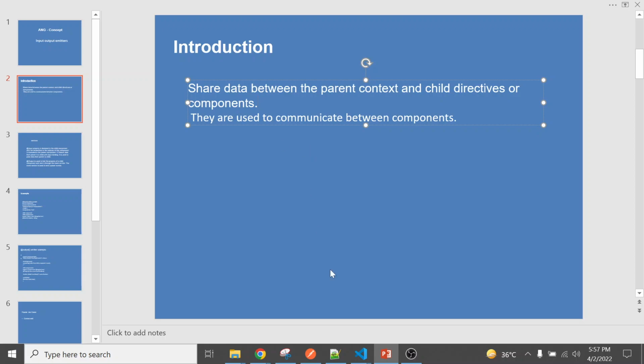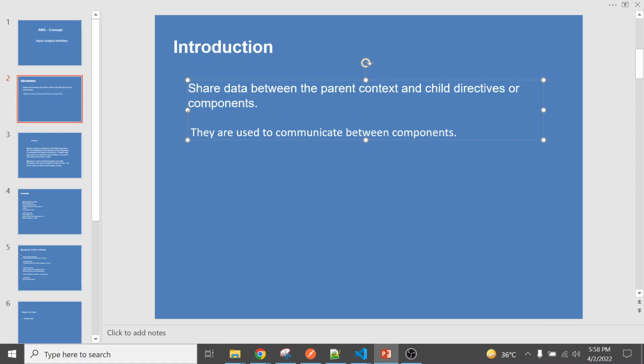With this you can share the data between the components. We created the components according to the relationship they have, like parent-child relationship. So here we basically communicate between components with these emitters, to share data between the parent context and the child directives or components.